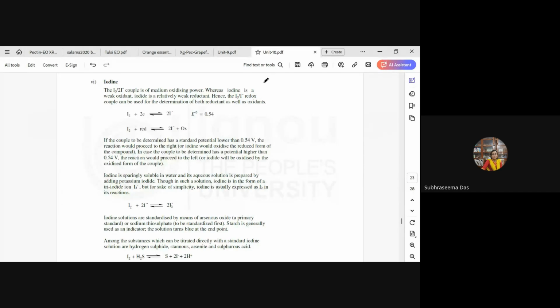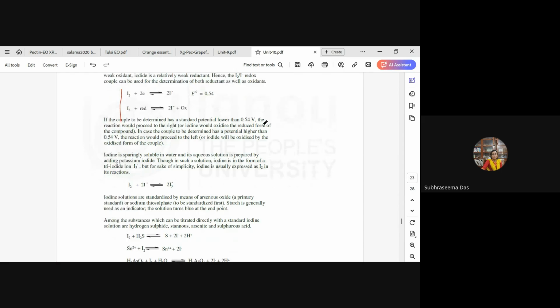Iodide is a relatively weak reductant. Hence, this couple can be used for the determination of both reductants as well as oxidants. The I2, 2I minus couple. So if the couple to be determined has a standard potential lower than that of 0.54, then this reaction would